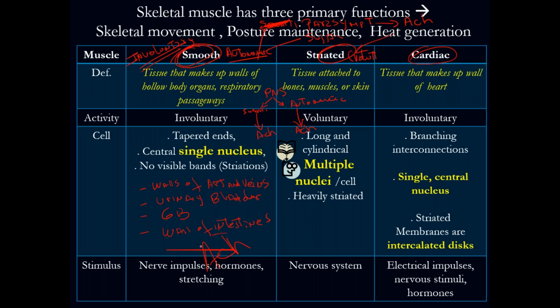So the muscles basically are going to be associated with acetylcholine. In smooth muscle, we have the gallbladder wall, intestine, the stomach, the esophagus, the urinary bladder, and the walls of the arteries and veins. These walls of arteries and veins are the ones that are going to relax or contract, producing the vasodilation or the vasoconstriction. Okay? All right. So that is about the difference between striate muscle and smooth muscle.